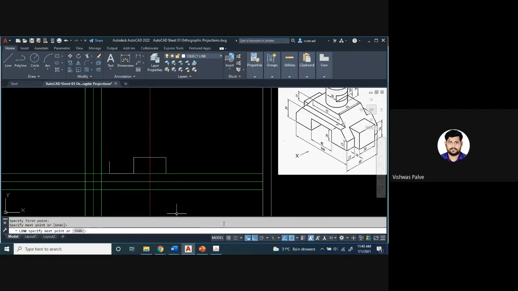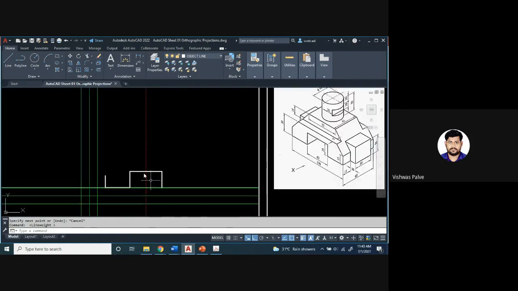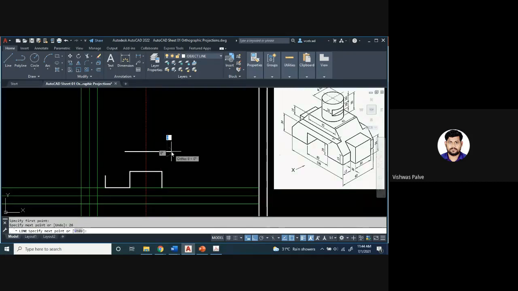Now just connect these 2 points. I will switch on the line weight so that it will be visible clearly. After that, I want to draw another line at a distance of 52 millimeter from here. So from this point, 52 millimeter. Sorry, I'll enter from this point at a distance of 45 millimeter, and this distance will be 52, means 26 on this side. This line was drawn as a reference, so I will delete that line. L enter. From this side it will be again 26 millimeter. L enter, connect these 2 points.